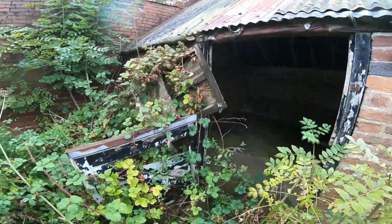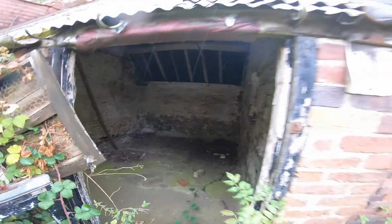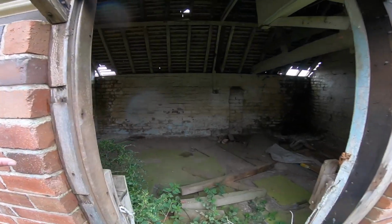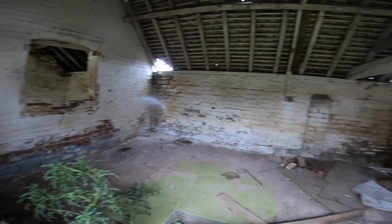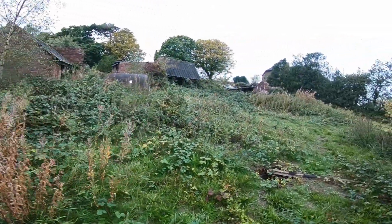This is definitely for cattle or something. A horse has actually got like a stable door. It's just an empty shell. You could quite easily turn this site into little shops and restore these, because the actual structure of them is